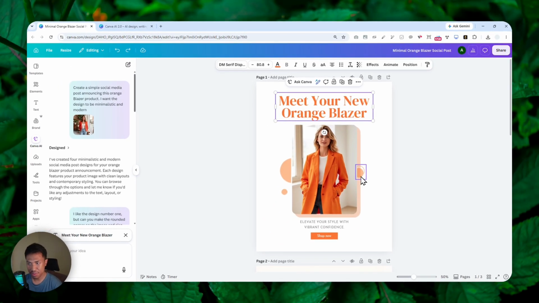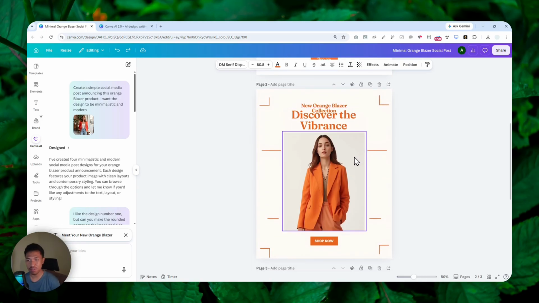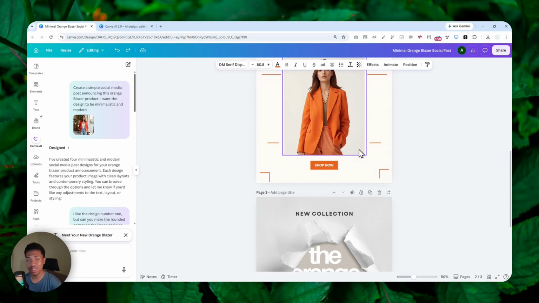add something into the design. So again, you are still in full control. It is just now becoming easier to start designing something using Canva AI. So let me show you how you can utilize this AI agent feature in Canva and some really cool things